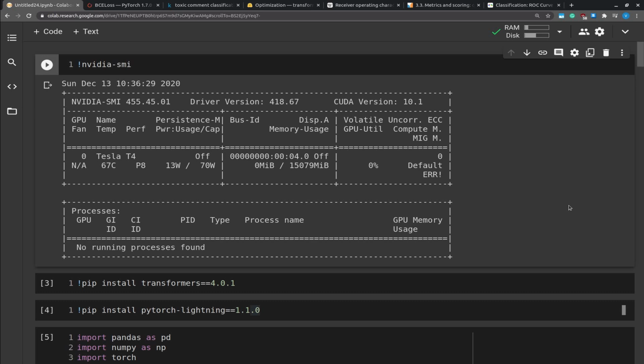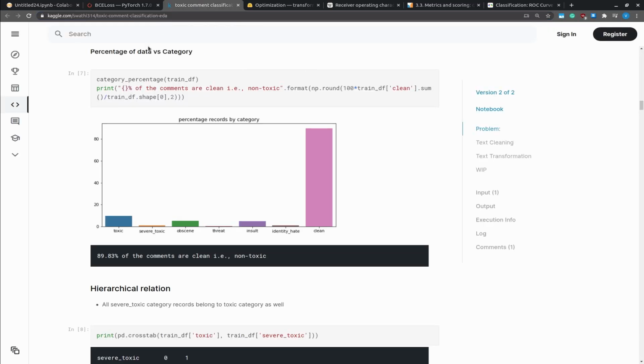Hey guys, in this video we're going to continue with the example in which we are fine-tuning BERT for toxic comment classification. And I did a bit more preprocessing because the training process took a bit too long for my liking. And the preprocessing is based on EDA, or exploratory data analysis, done by